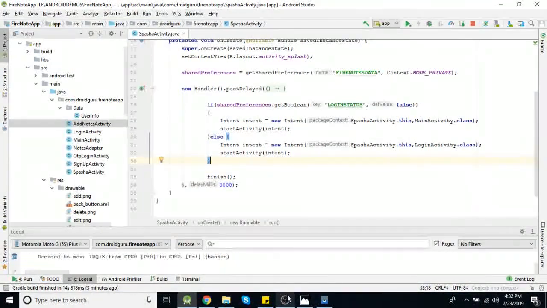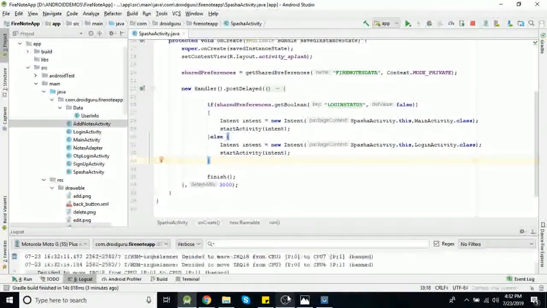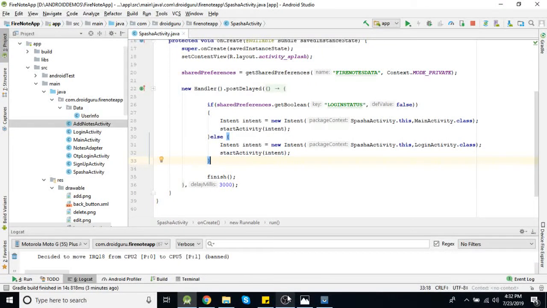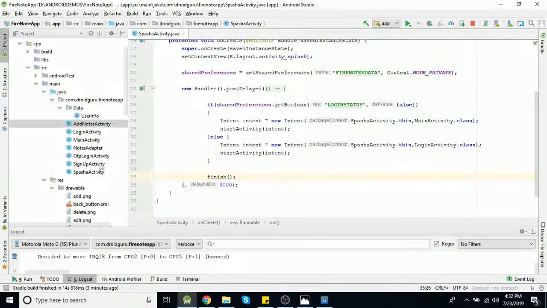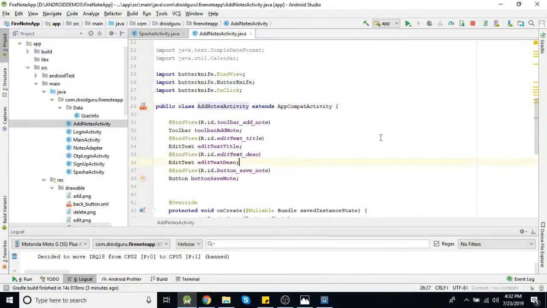Now let's see how we can create a simple note and how to save that data in a Firebase. If you remember, when we were storing user information, we created one model class for all the fields which we used in that process. So for saving notes also, we'll create one model class, let's say user node, and I think we have this add nodes activity. So if you check here,